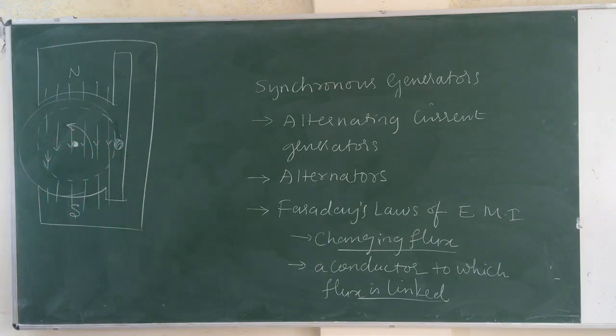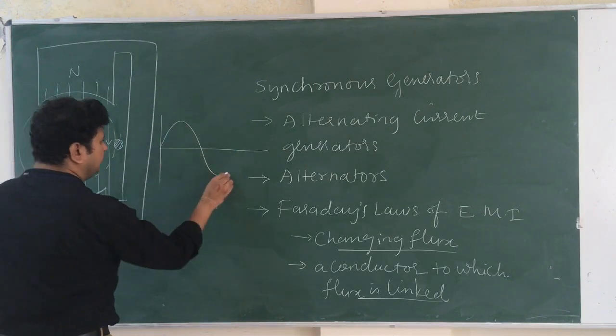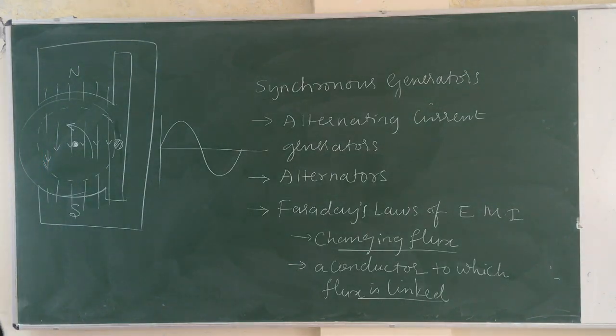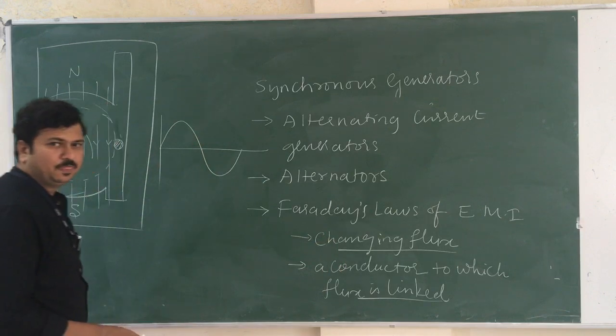So when the conductor rotates in the magnetic field, at every instant flux cut by the conductor is different, hence the EMF induced at every instant is different. And we have already seen the induced EMF will be sinusoidal in nature. Okay? Now I can reverse the arrangement. One arrangement is I am getting this changing flux linking to the conductor.